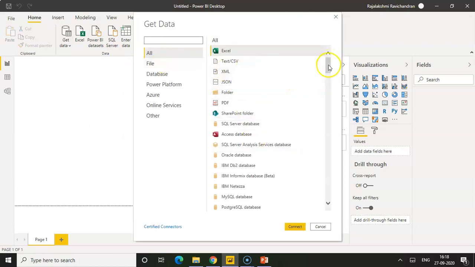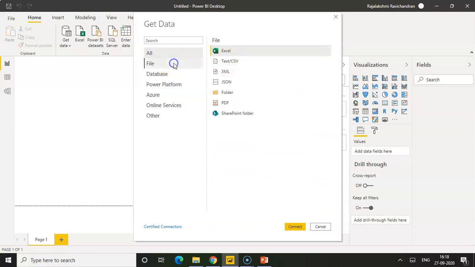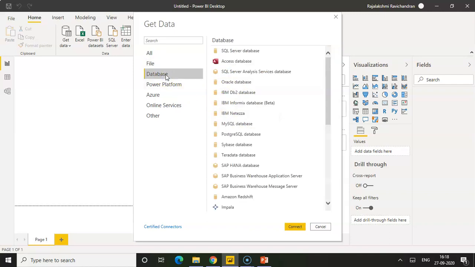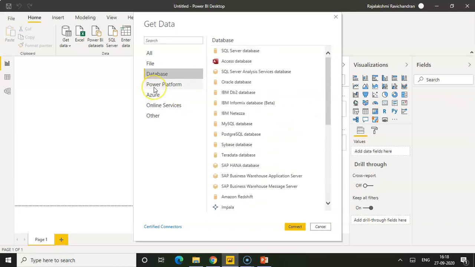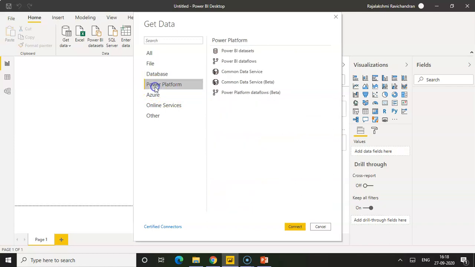here you can see all the options which Power BI supports. These are the flat files supported, where you can connect to Excel, CSV, XML, JSON, or it can be specified in any metadata folders, PDFs or SharePoint folder. And these are the supported server-related data sources. You can also publish your data into the Power BI platform like Power BI datasets, dataflows, Common Data Service and so on.